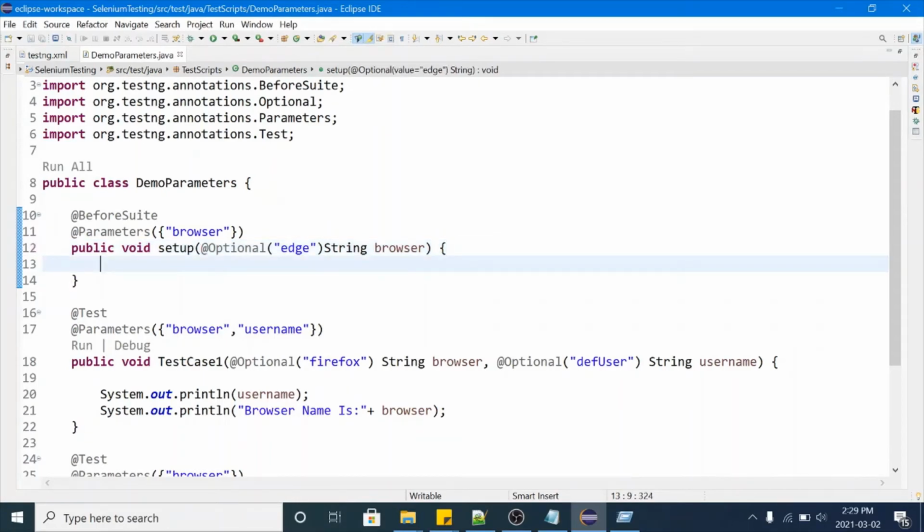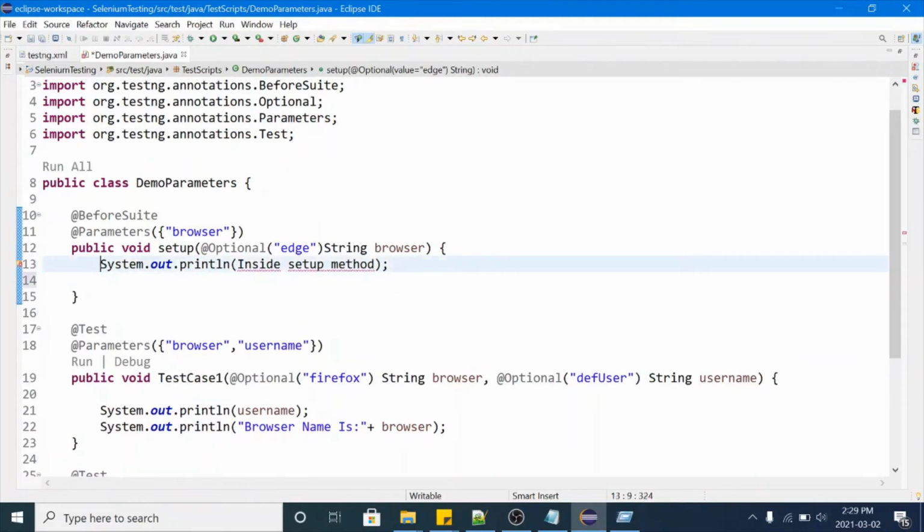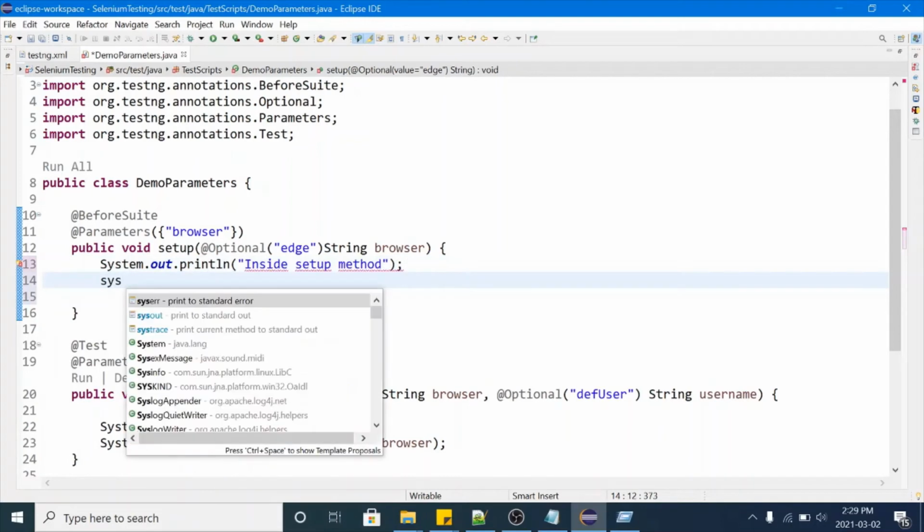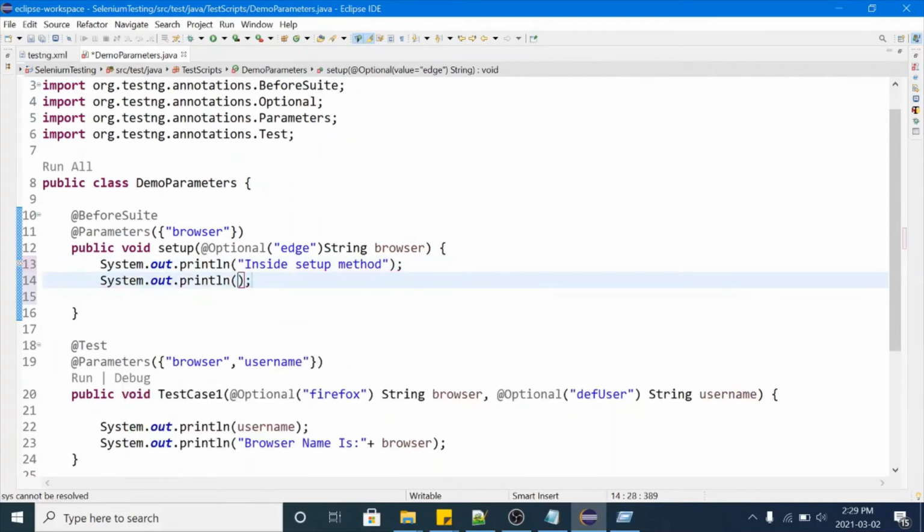And in this I will use a print statement inside the setup method, and we can print this value browser.